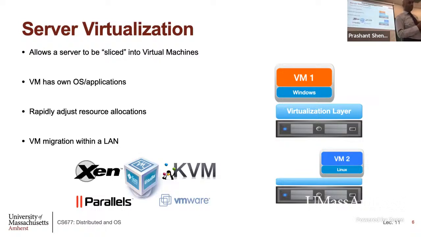There are many type 1 hypervisors that I talked about. We talked about Xen, we talked about KVM. VMware has many different products with different types of hypervisor. A popular one is called the ESX hypervisor. And then there are some other smaller companies like Parallels that also do this type of virtualization. These are companies that provide these virtualization frameworks largely for cloud platforms. Any questions on this? You already saw how to do that migration last time, so I'm not going to go into the details of how that migration happened.